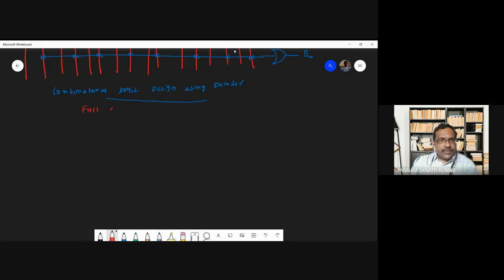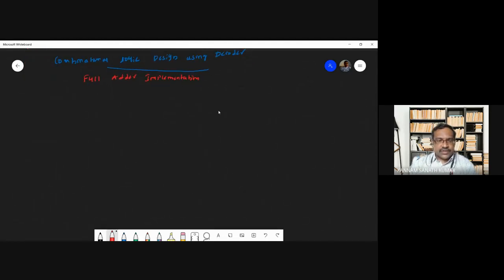So how to implement the decoder? One of the advantages of implementing any combinational circuit using the decoder is this: when you implement it using logic gates, the circuit complexity is more and it will cost more. While designing with the decoder, you require only one IC, so the size is small and the cost is also less. If you convert all the gates into a decoder, you get one IC, and one IC costs very little compared to the gates. That is one of the advantages. We can implement any combinational circuit by using the decoder.